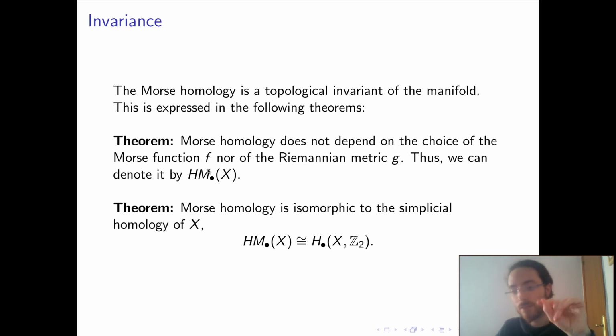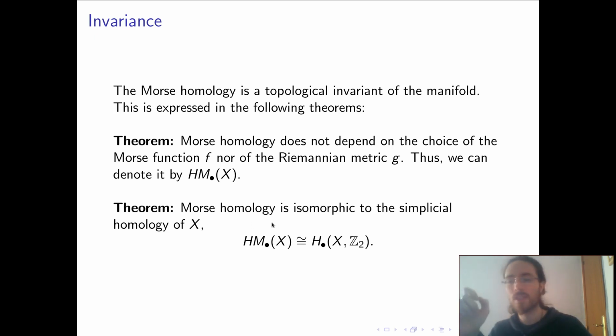The chain complex can be different, we will see an example of that, but the homology is an invariant, and as it only depends on the manifold, it can be thought of as a topological invariant. And this still does not prove Morse inequalities, but you still need this last theorem